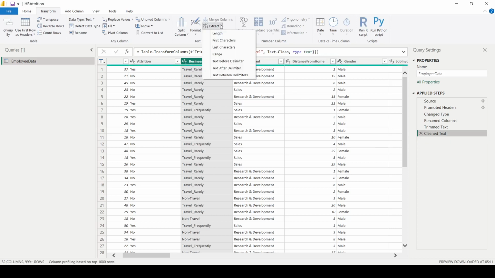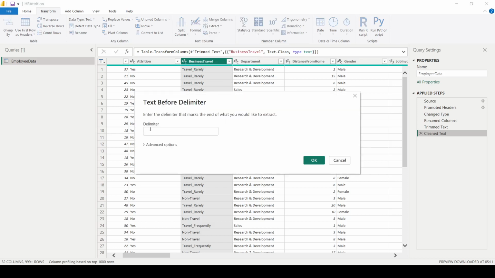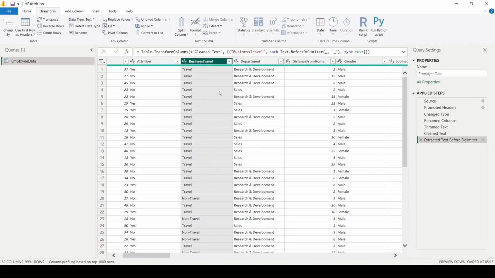I could also do the same thing from the last character, take how many characters. And I could also use text before delimiter. So I could come here and then I specify my delimiter. So text before, so all text that appears before the delimiter will be kept. So I click OK and then you have this. So I can take it back. So that's exactly some of the transformations we can do on